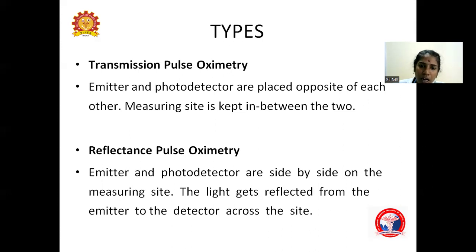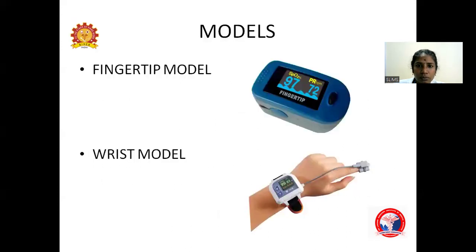The emitter and the diode are side by side on the measuring side. The light gets reflected from the emitter to the diode across the site. See, there are so many models. This is the finger model, as you have all seen, and this is the wrist model,